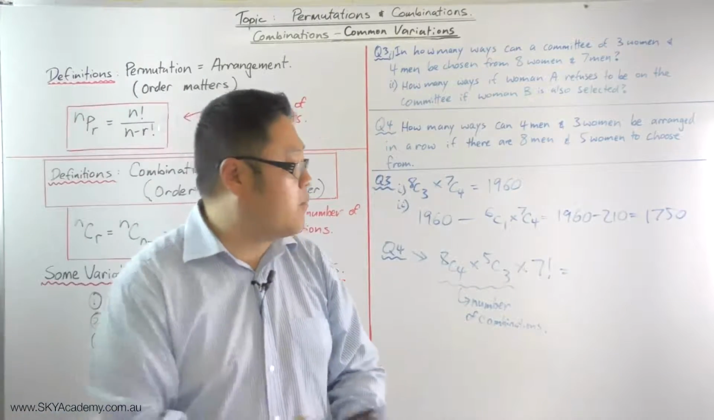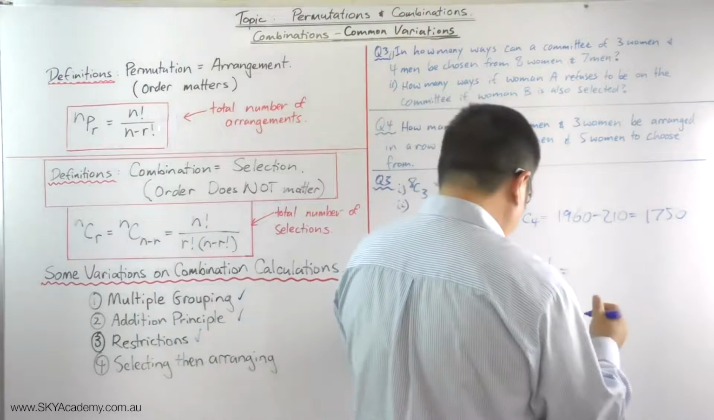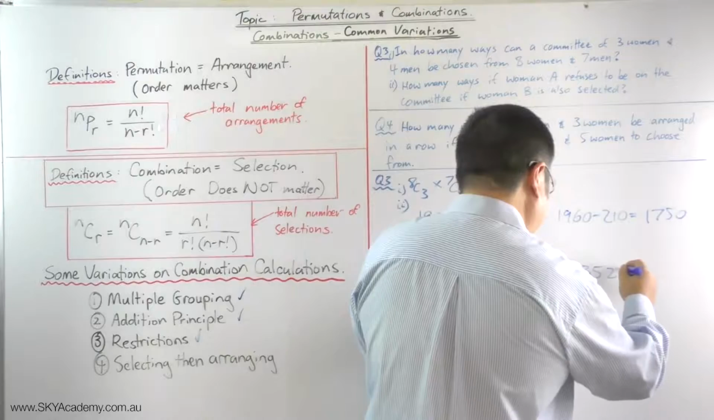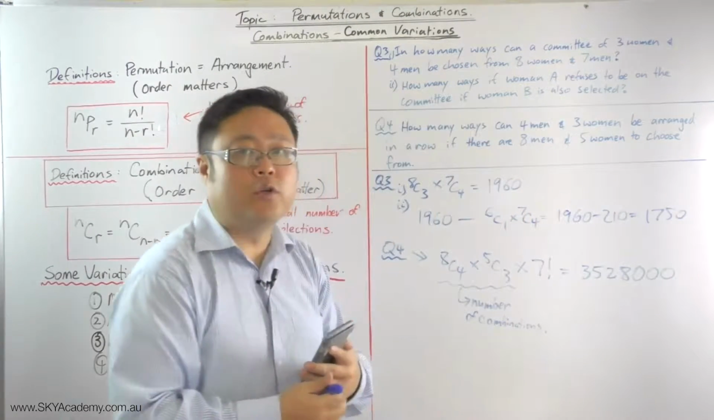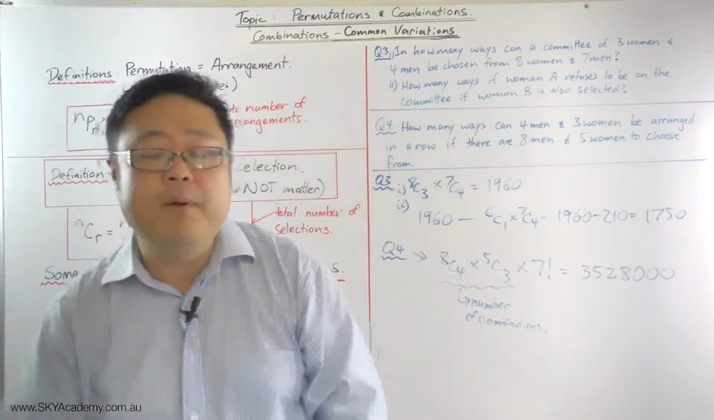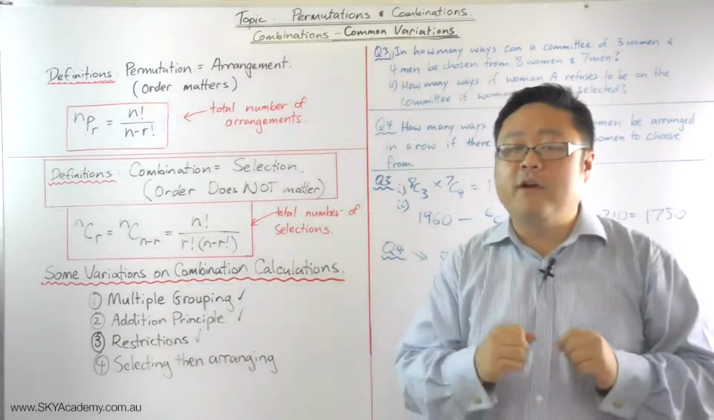So let's work that out on the calculator, which gives us a whopping great big number, 3,528,000. Okay, good. Now, before we finish up, I basically just want to say that in terms of permutations